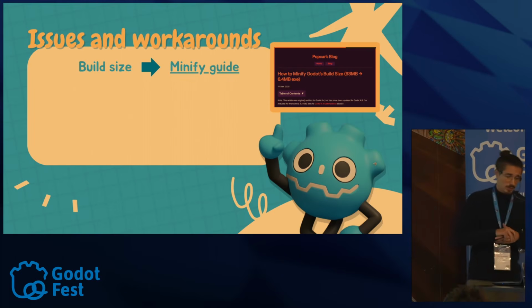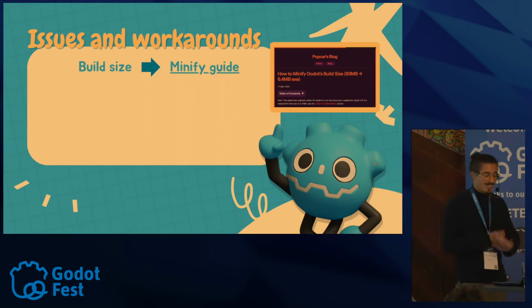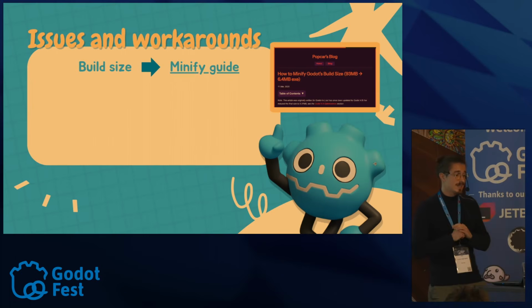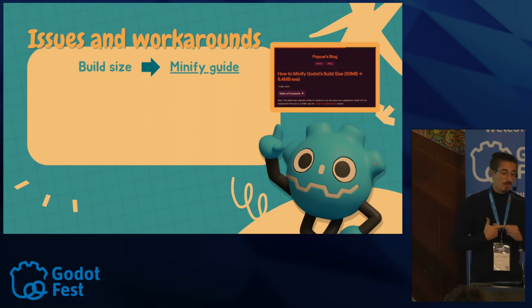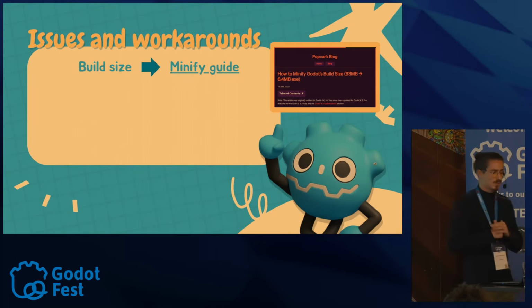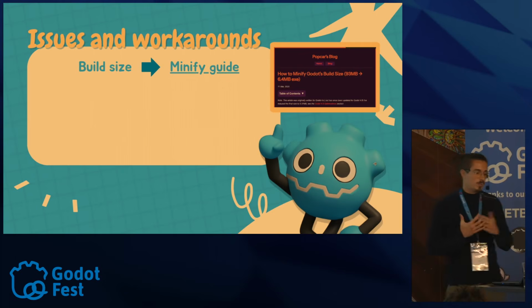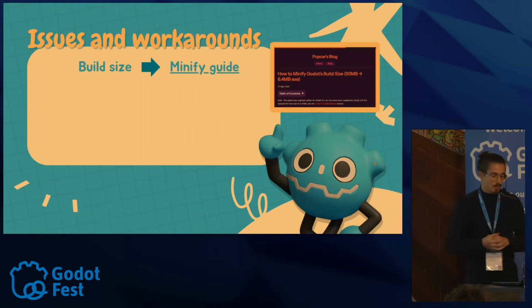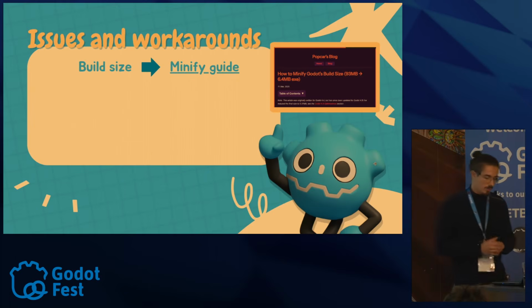I recently discovered also, talking with Dom, that there are even more improvements that can be done regarding the minification of the build size. For example, the game can be compressed before being published, and I know there is some work being done on this part of the engine to implement this function directly from the export menu. So it doesn't have to be manual changes and simplification, but can be done directly from Godot.